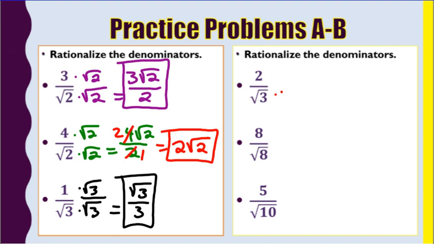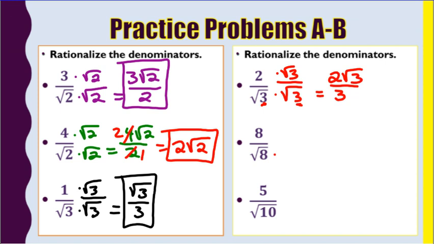Next, multiply by the square root of 3. Square root of 3 times square root of 3 is 3. Multiply by the square root of 3 in the numerator, and I get 2 times the square root of 3. So hopefully you're starting to see a pattern here. Whatever you multiply in the denominator, multiply in the numerator, and the denominator is always going to be the same. Whatever number you're multiplying by, whatever the radicand is, that's what the denominator is going to equal without the radical